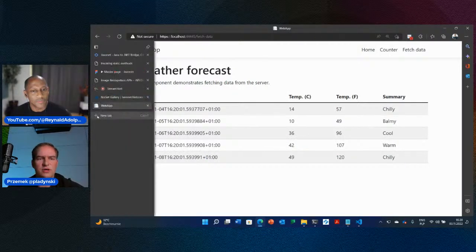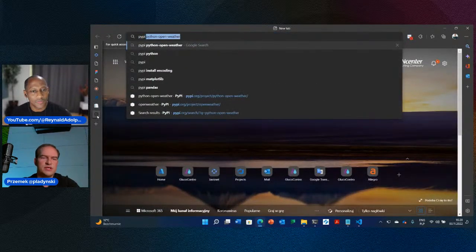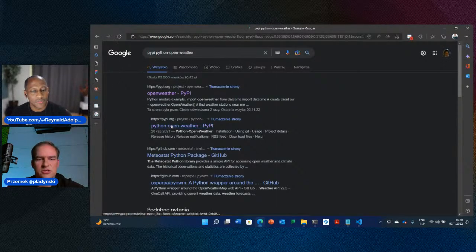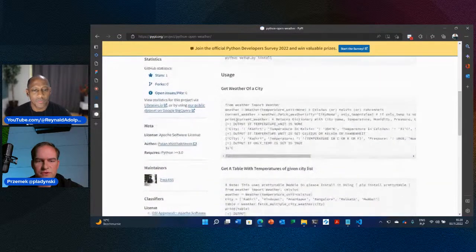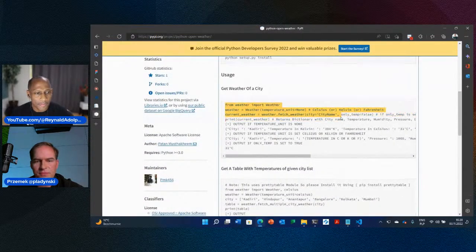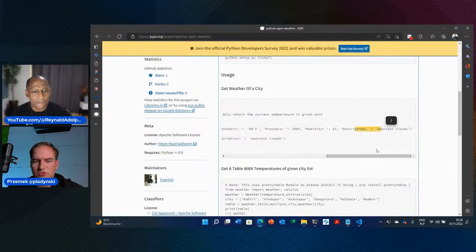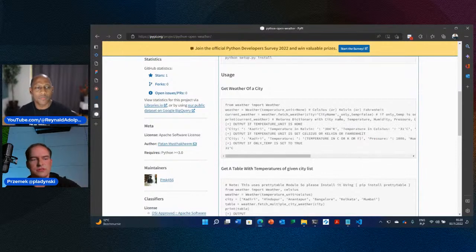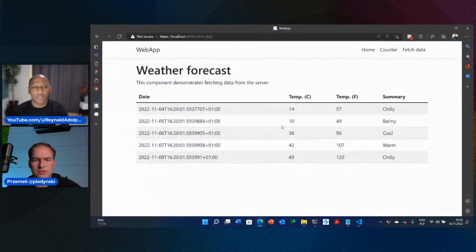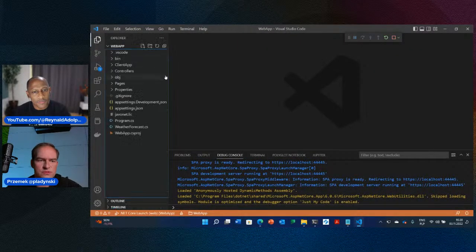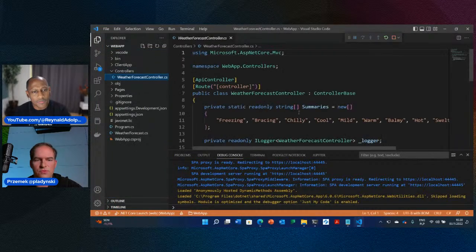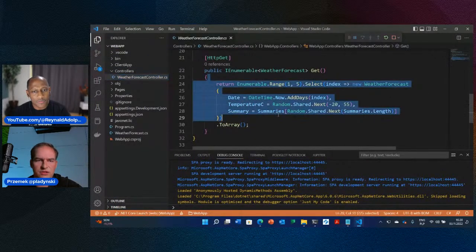And we know that our company has created that great Python open weather package, which gives you, for any city that you choose here, the weather conditions like temperature in Kelvin, Celsius, and some description directly from Python. So if we go back to this, we see that's exactly what we need here. Similar items. And if we jump to our code, to controllers, we'll see that right now it's fully hard-coded.